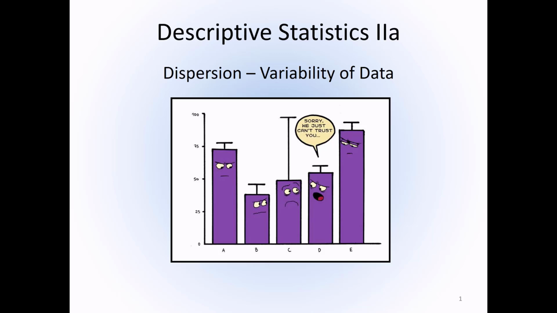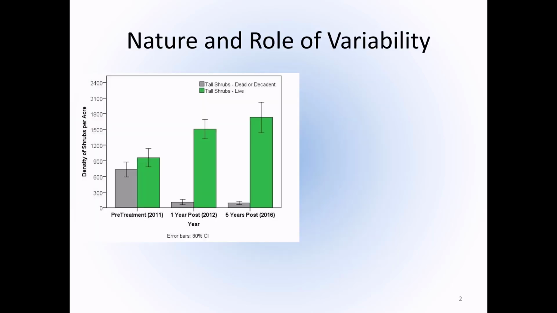First of a few videos on dispersion, which is another means by which we can describe our data that will complement our ability to do so using central tendency. So when we think about dispersion, this is a synonym for variability, and variability is found throughout the natural world, and it's oftentimes expressed through visual means in different types of graphs, including some of those that we talked about